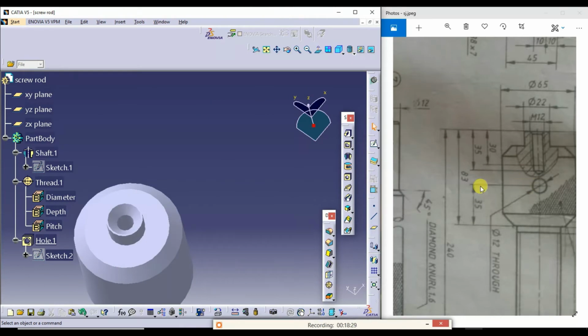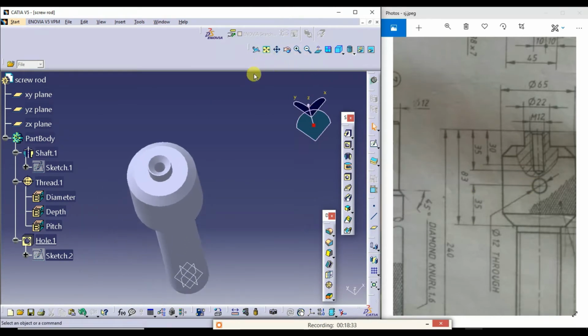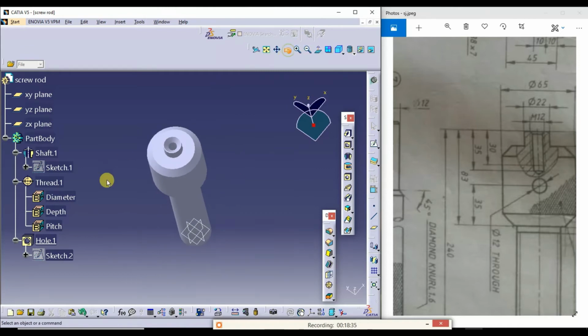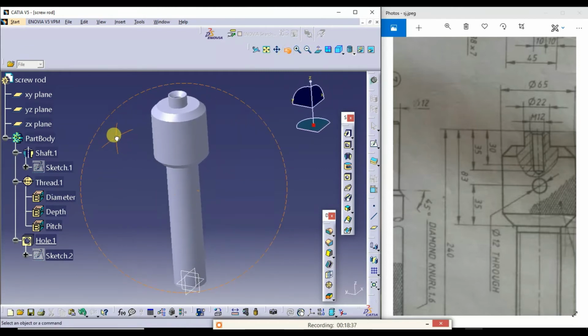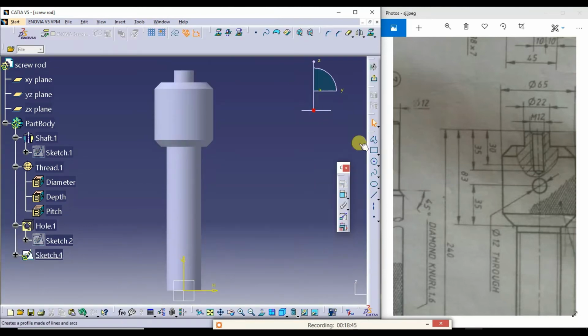Next I need to create this hole. So I need to create the hole on this plane. What I do, I'll move the cursor here. I want it exactly at the center axis.